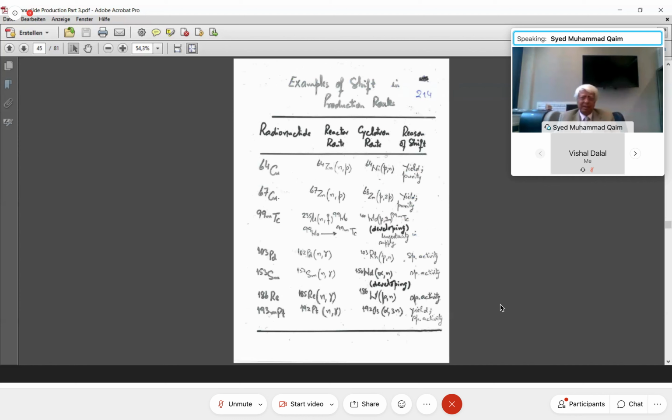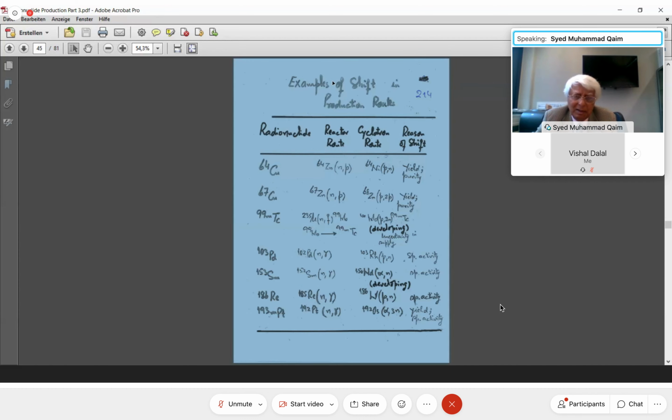Copper-67 is the same case. The n,p reaction has been used for more than 40 years to produce it in reactor. But now one is going over to the (p,2p) reaction. I just showed you before the break, the (p,2p) reaction going from 80 MeV to 30 MeV. Why? Because of the yield. The n,p reaction has very low yield, (p,2p) has high yield. And also purity. The n,p reaction gives you some other isotopes. Chemical purity is not so good as it is in the cyclotron production.